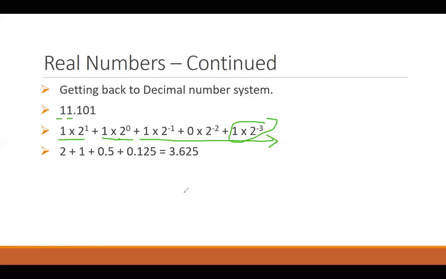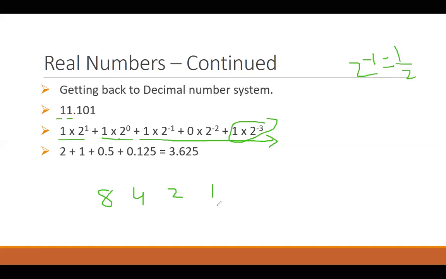If I represent these on a number line, you might think of this: 2 raised to power 0 is 1, 2 raised to power 1 is 2, and if I had 2 raised to power 2 here, it would have been 4, and then 8, and so on and so forth. On my right hand side now, this 2 raised to power minus 1, as you remember, results in half.